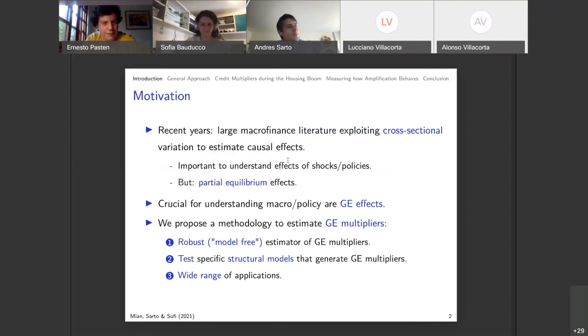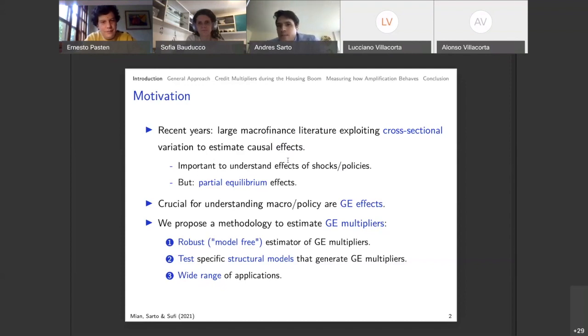Basically, in recent years, we have had many microfinance papers and macro papers in general using regional specifications to estimate the effects of different policies and shocks. And we know those are, of course, very important to understand the effects of those shocks and policies. But at the same time, from a macro perspective, those have the drawback that they are essentially